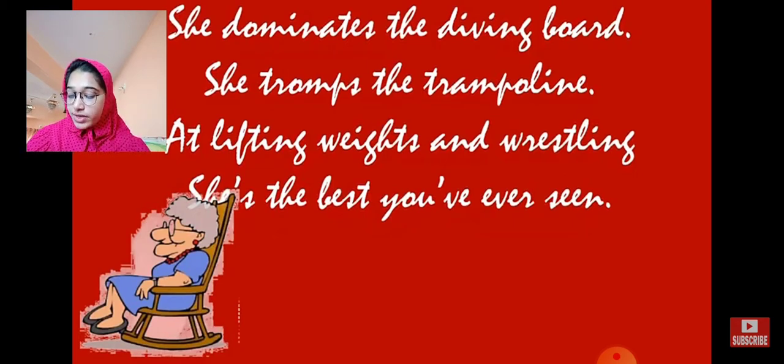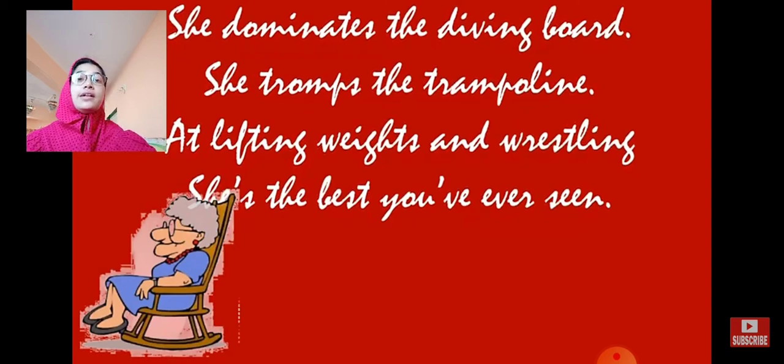So, Taekwondo is a Korean form of martial arts. In the last sentence we read, she dominates the diving board. She trumps the trampoline. At lifting weights and wrestling, she's the best you have ever seen. So, not only in archery, canoe, Taekwondo, and table tennis, but she's even good at more. She dominates means she overpowers. Even on the diving board she trumps the trampoline, and at lifting weights and even in wrestling she's the best